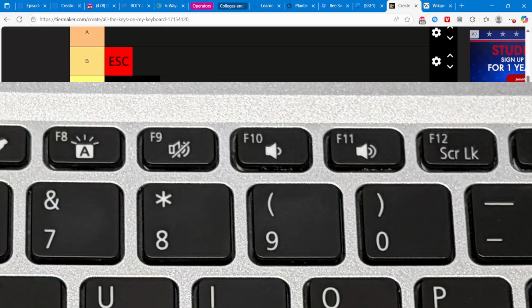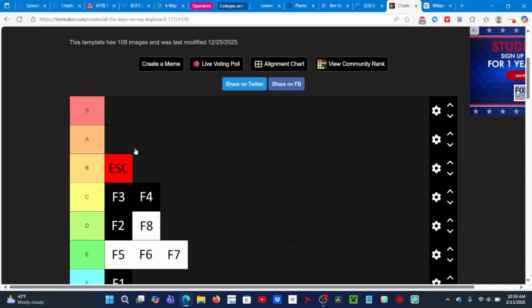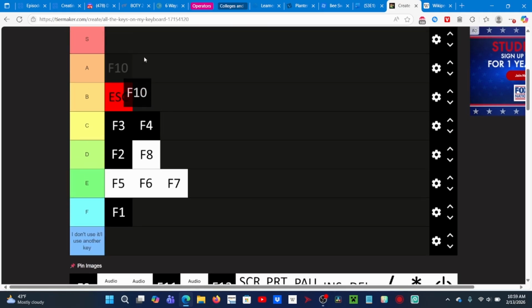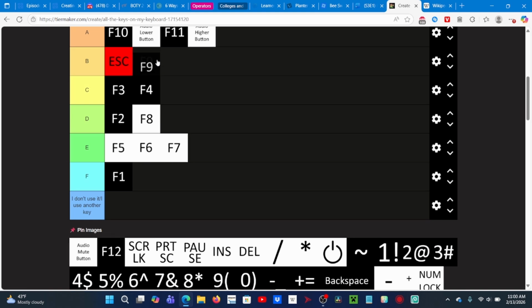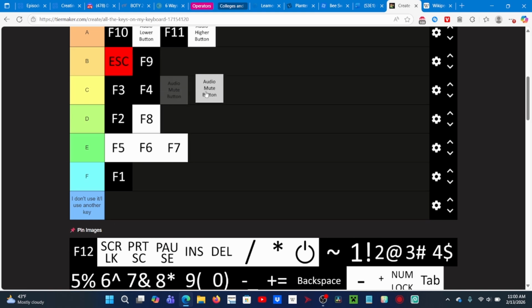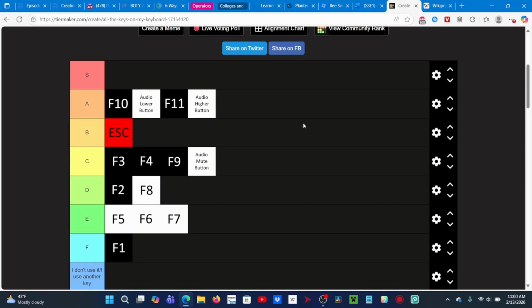Next up is F9, 10, and 11, which are the audio mute, audio lower, and audio higher buttons respectively. Now I use the audio lower and higher buttons all the time because you need to adjust your volume all the time. So I think these deserve to go all the way up in A tier. These things are pretty damn useful to me. I use these all the time. The audio mute button is not as useful. In fact, I'm gonna put that all the way down to C tier because you can just press the audio lower button. But let's see what they do when I hold